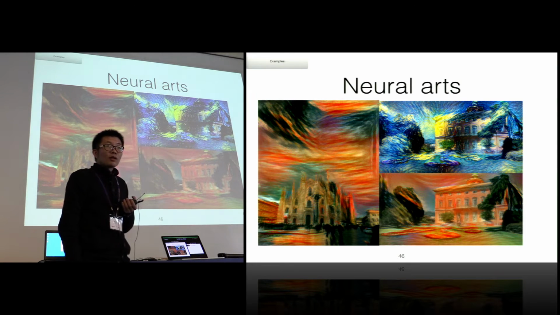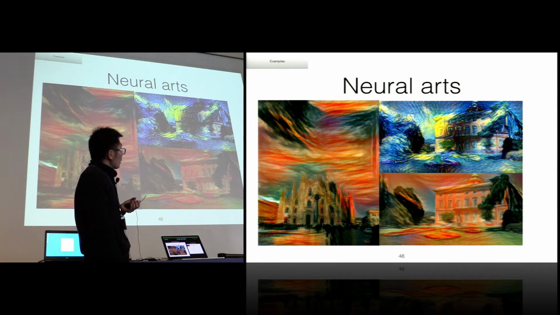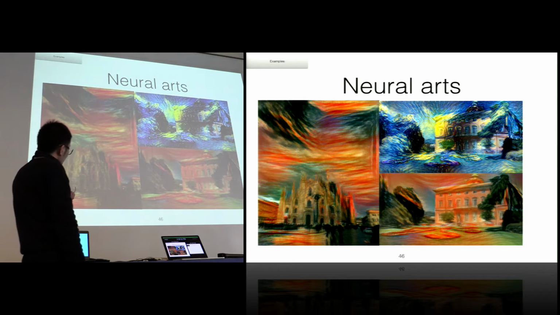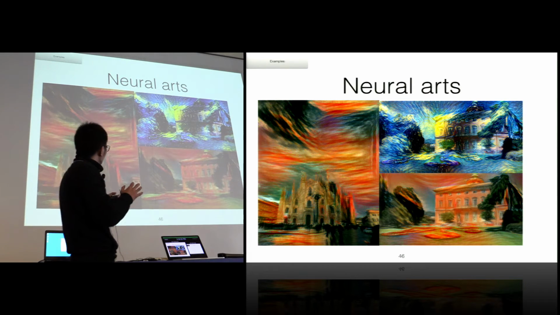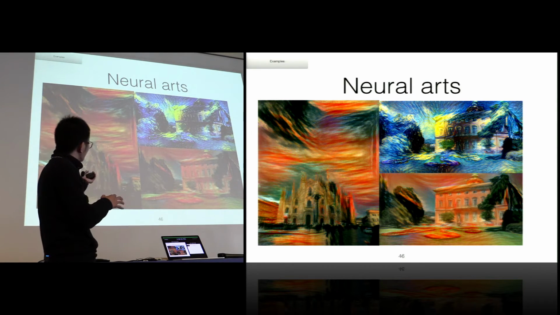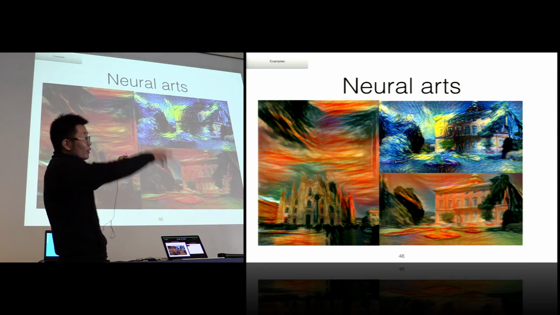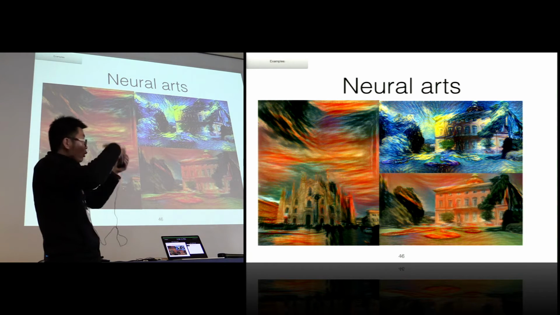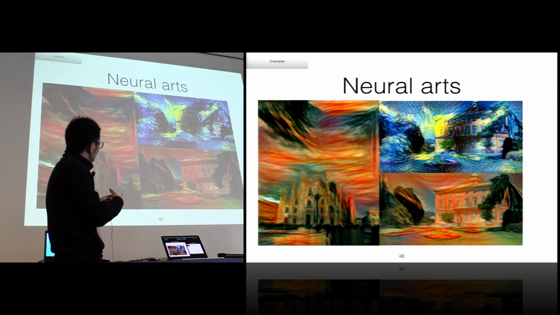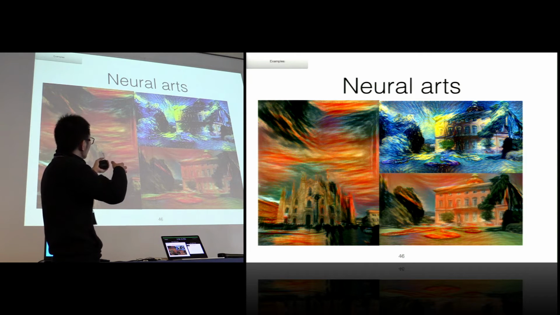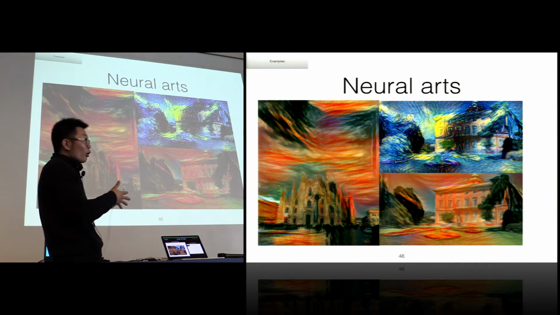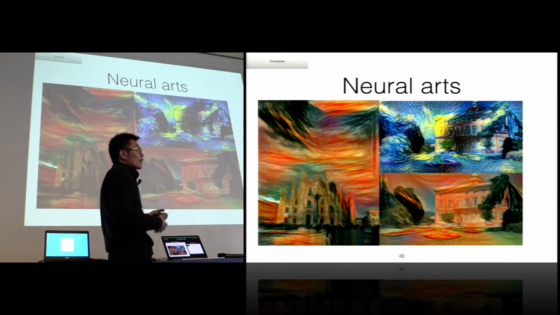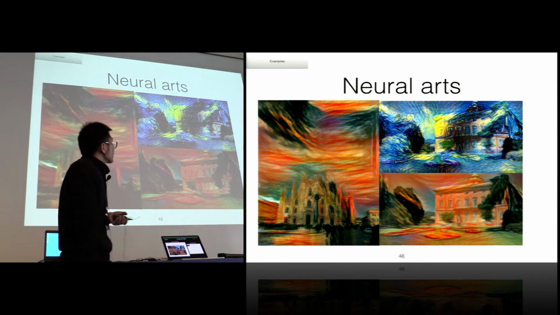I don't know whether you heard about the auction of some neural arts images from Google, which were acquired by people for $8,000 US. Basically, you compose a content image, like the church from Dome or our building in front of us, with some style image, like the scream or some other style image. You want to compose them to make them look like some really nice art.